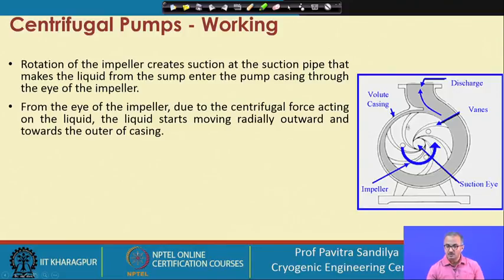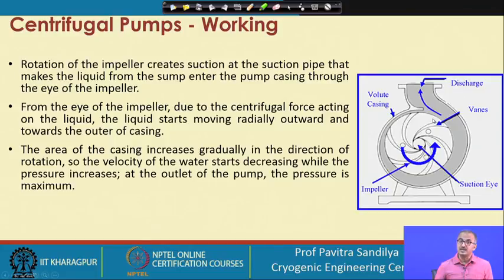Here first we see that we have a suction eye, and this is the impeller. Through the suction eye the liquid enters and goes onto the impeller, and this impeller is rotating. Due to the rotating motion of the impeller the liquid is sucked in, and once it comes onto the impeller, it acquires centrifugal acceleration, and as it moves away from the center, what happens? We know that it is omega square r, the r is increasing, so the acceleration is increasing, and at the tip of the impeller the liquid attains the highest flow rate.